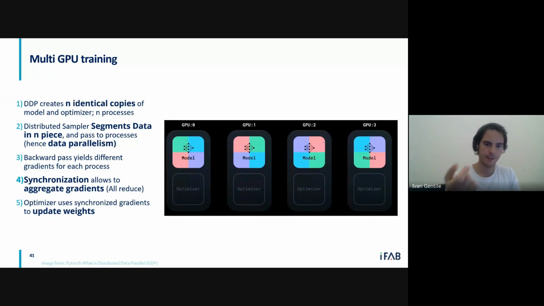Once we finish all our gradients, so for the models, we finish the backward pass, those are all synchronized. We can update the weights as we do in a regular training run, and this time each model is going to be updated accordingly, and we can do another pass, then have the final model.